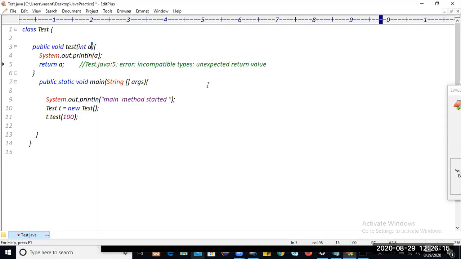Otherwise we will get a compilation error. Am I clear?